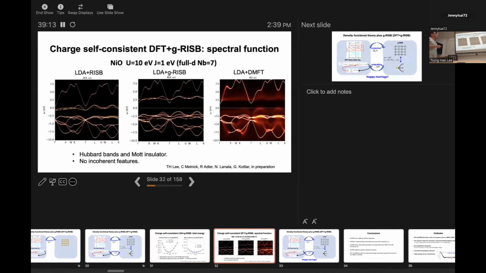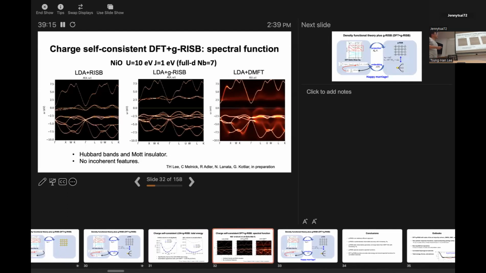And here it is the spectral function for this nickel oxide, where RISB has some problem. We can see that in RISB with U equals 10, we still get a metallic solution with a band crossing the Fermi surface. But with our correction of the ghost orbitals, we can open up a Mott gap, and there will be two upper and lower Hubbard bands